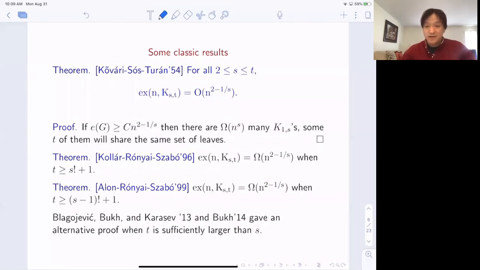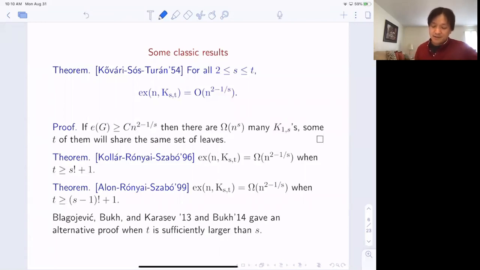Every discussion on the bipartite Turán problem would have to mention the Kővári–Sós–Turán theorem, which provides an upper bound on the extremal number for K_{s,t}, the complete bipartite graph. If s is the smaller part, then the Turán number is bounded by big O of n to the 2 minus 1 over s. Now the proof is very simple. I believe everyone in the audience knows the proof. But again, I want to reiterate it